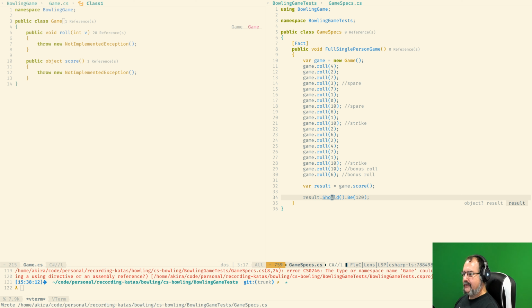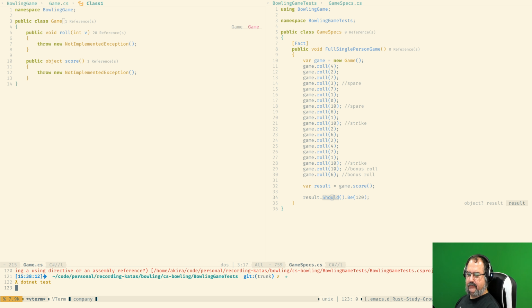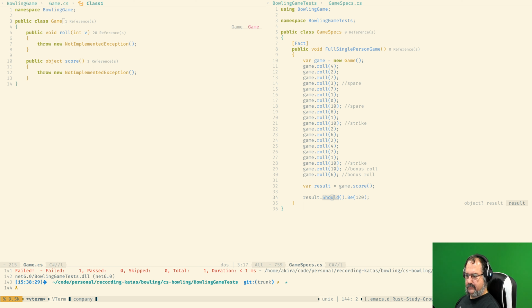Then it will work. Let's run the test again. One test failing, which is this full single person game, normal, because we haven't implemented everything. And this is the test from the outside.